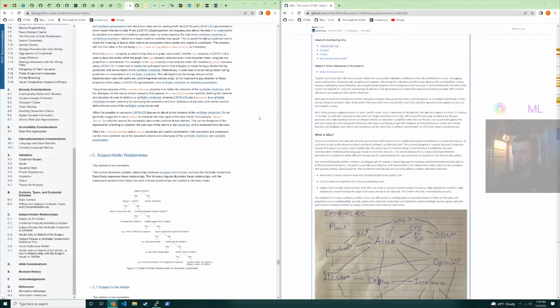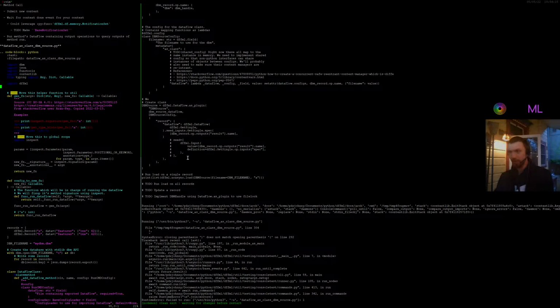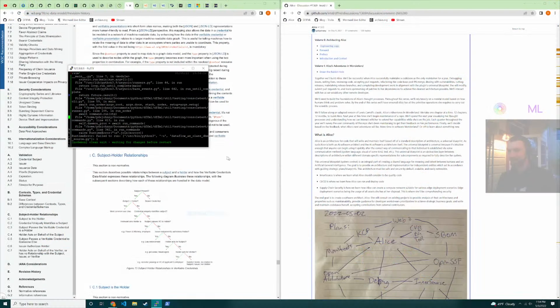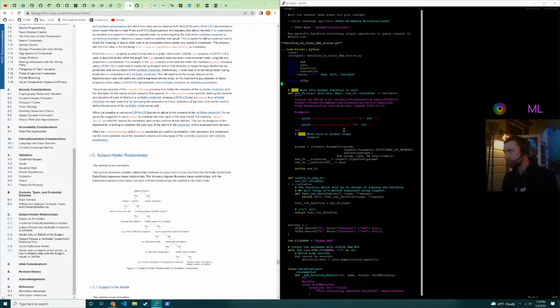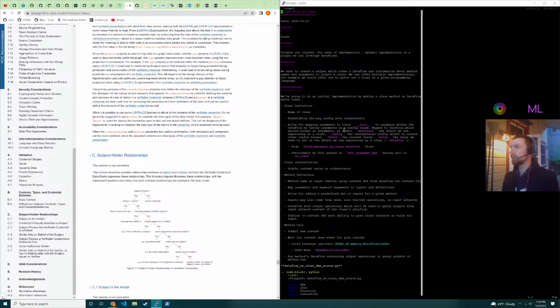So our inputs, if you look at the input object, where's the input object? This is perfect. I knew this was going to be great. These people do great work. All the people in these W3C working groups do fantastic work. Just because they might have been funded by the government doesn't mean they don't do great work and they're not great people. It just makes me want another security review